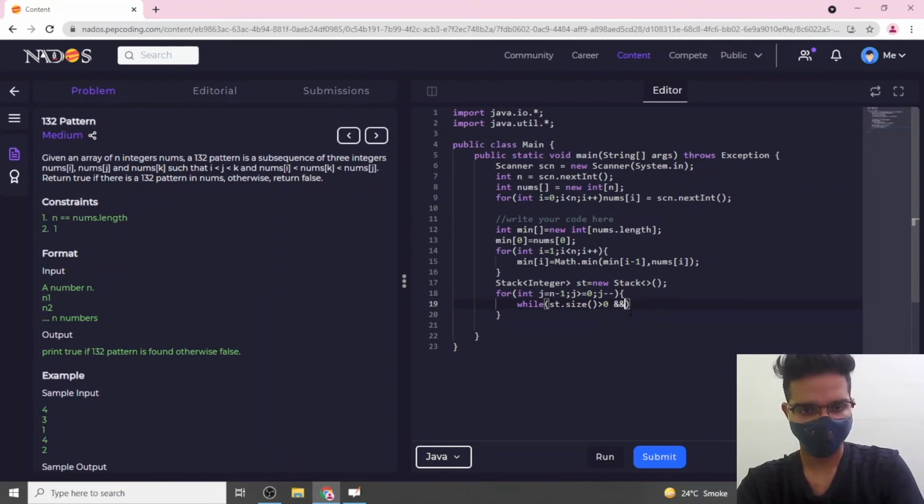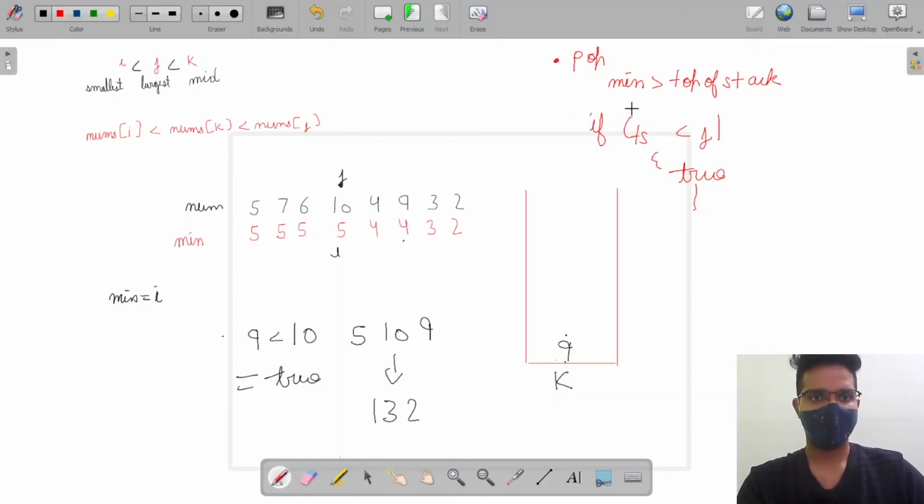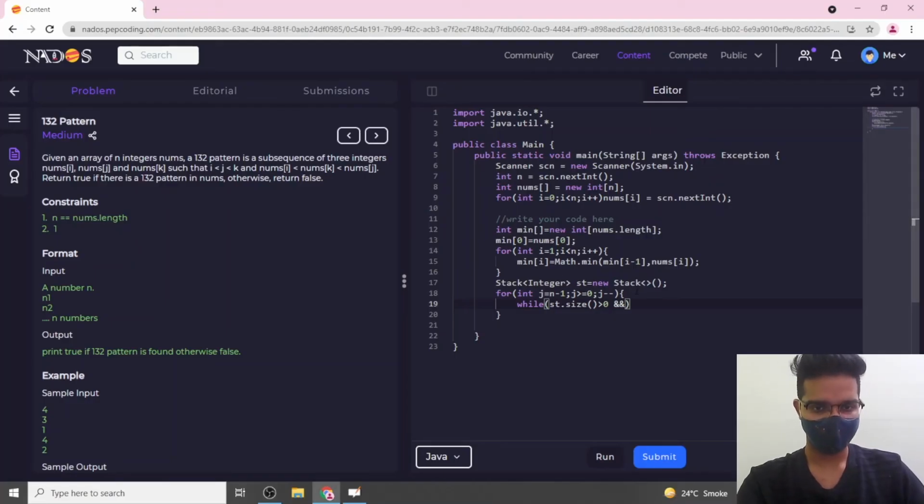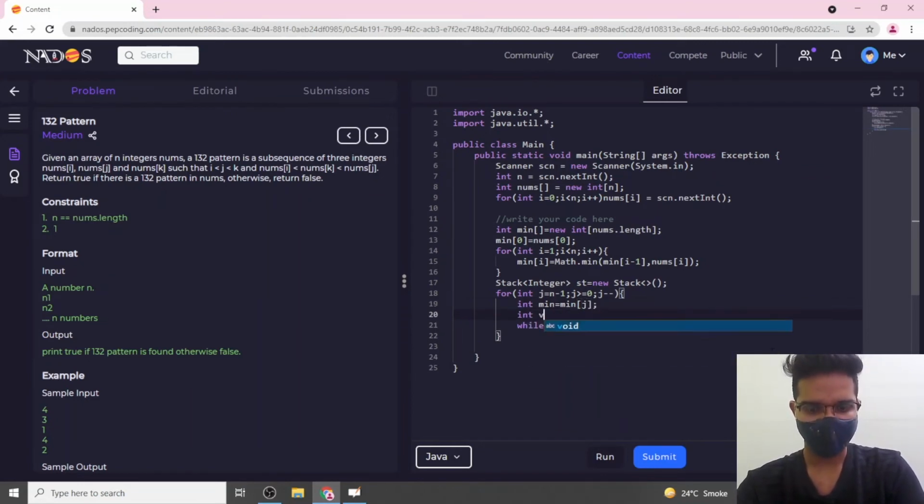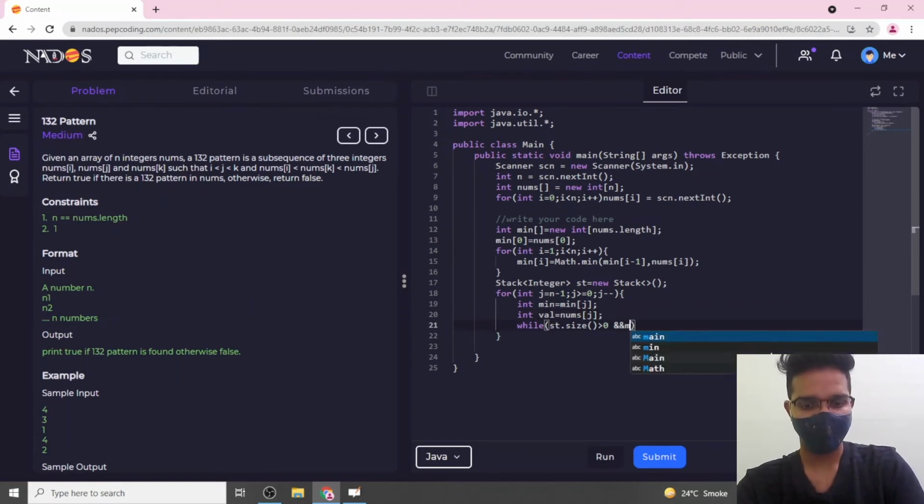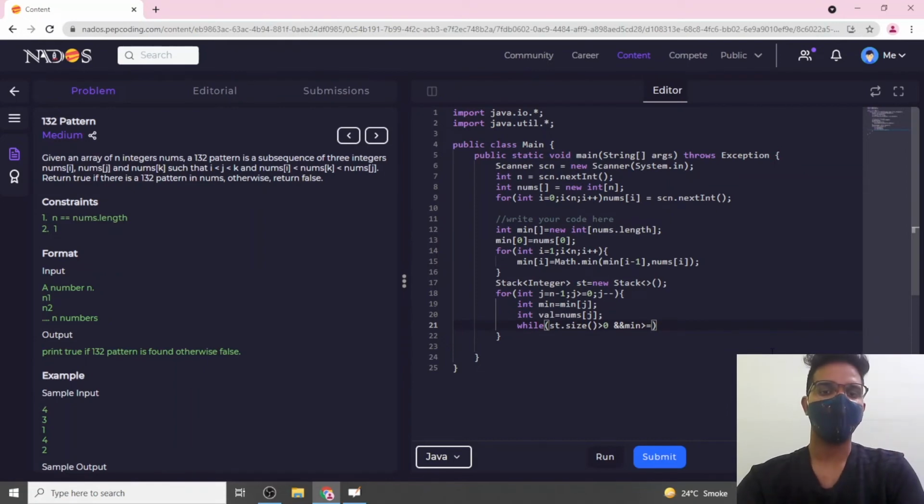And, as we can see, when minimum is greater than the top of the stack. So here I would like to write two things: the current minimum, that is minimum of j, and the value, that is nums j. Now if minimum is greater than or equal to the top of the stack,